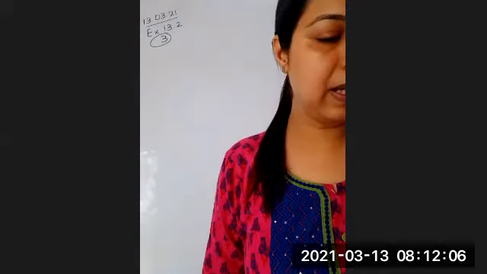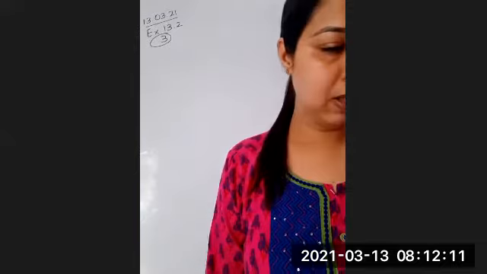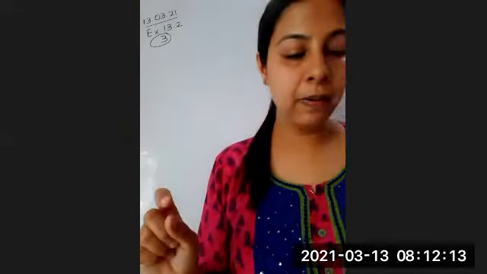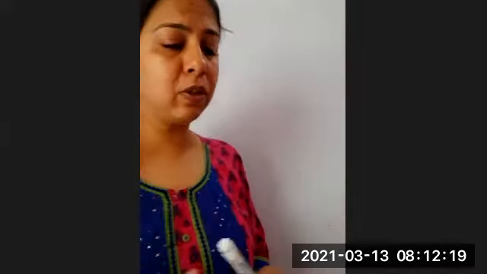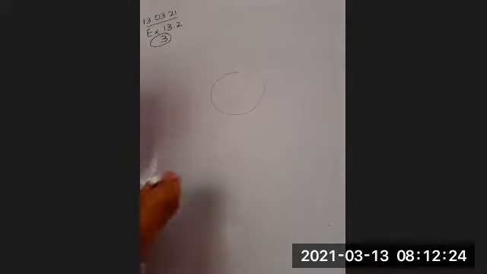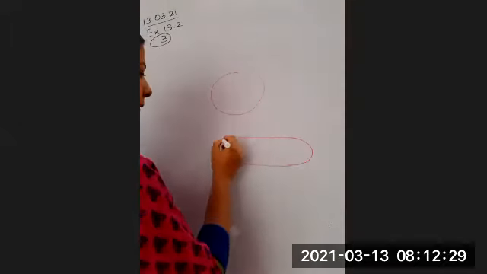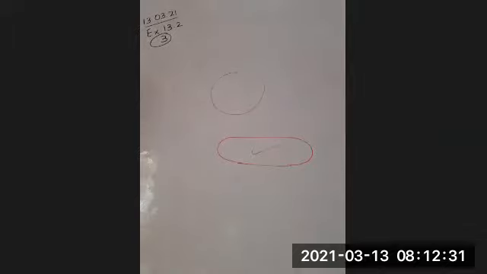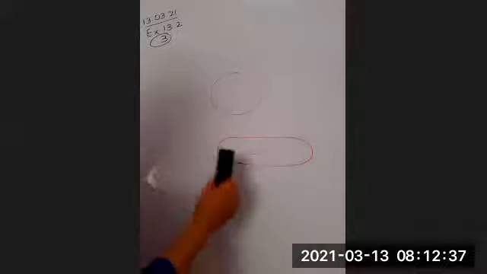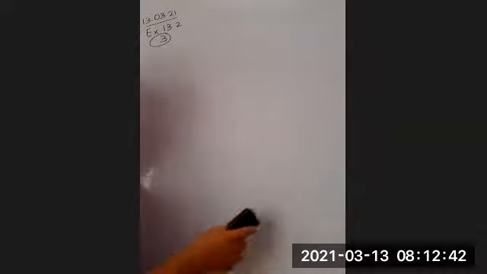Find approximately how much syrup would be found in 45 gulab jamuns, each shaped like a cylinder with two hemispherical ends. What is the shape of the gulab jamun? Beta, one is the spherical gulab jamun, which is very common, you must have seen. The other one is like this. Have you seen gulab jamuns of this shape? Yes, ma'am. In this question, we have been given a gulab jamun of this shape only, the second shape, right? So let us first try to figure out the shape of the gulab jamun.